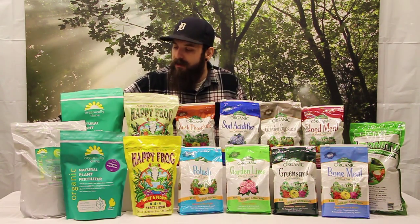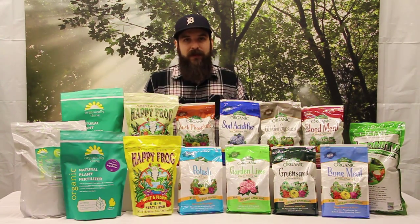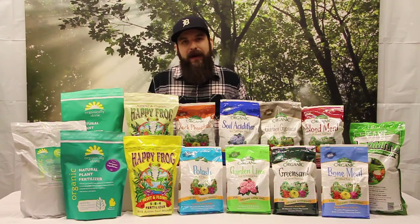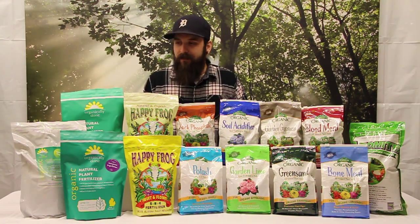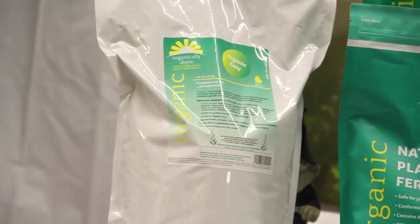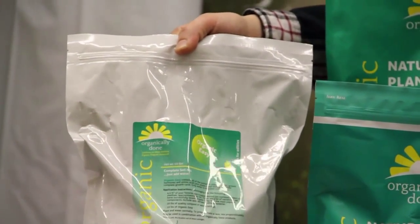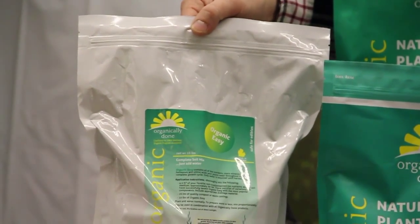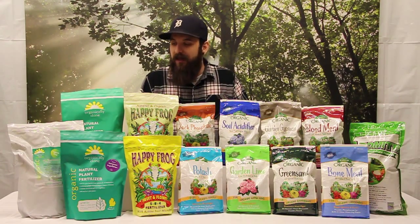And if you're using large containers outside, or you want to fill up some large containers with some soil that's got a lot of nutrients in it, so you don't have to reapply fertilizer very often, if at all, throughout the summer, they call that a super soil mix. This product by Organically Done is great. The Organic Easy takes about 8 bags or so of potting soil, depending on which potting soil you're using, and 1 bag of this to make super soil. Very simple recipe, and it also